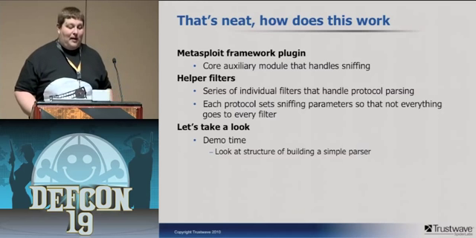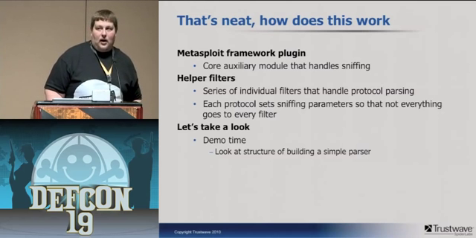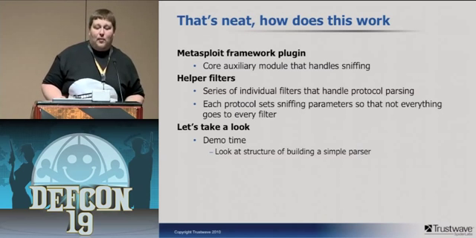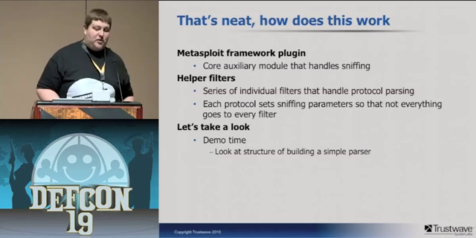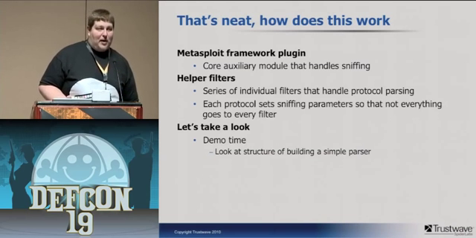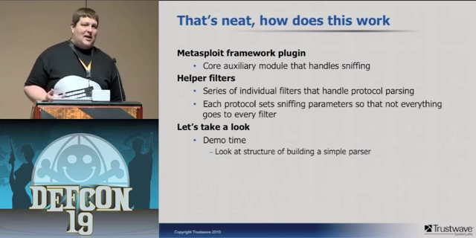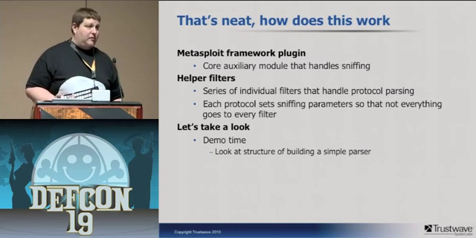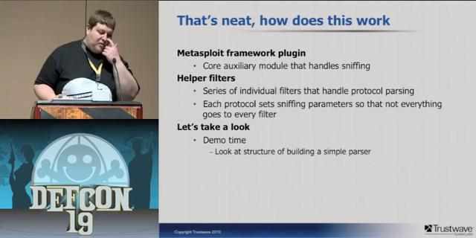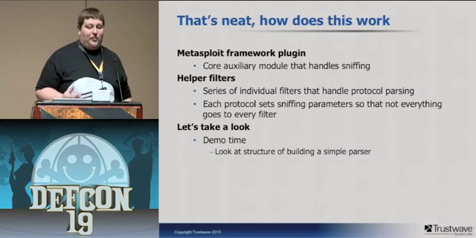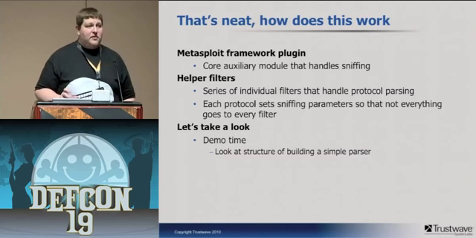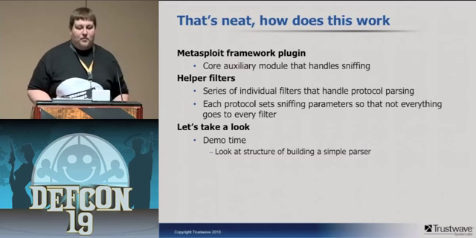But this is basically a Metasploit framework plugin. It does an auxiliary module that accesses the sniffer library that allows us to pull all this information in. The module that we're using for most of the parsing is Racket. Unfortunately, Racket doesn't have all of the protocols that we're doing. So, for instance, this has its own MDNS parser and some other things that hopefully I'll be able to contribute back to Racket in the future once I get the stuff stable enough so that everybody can parse MDNS packets